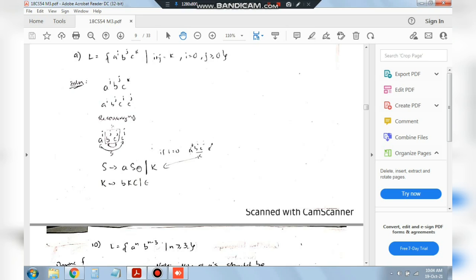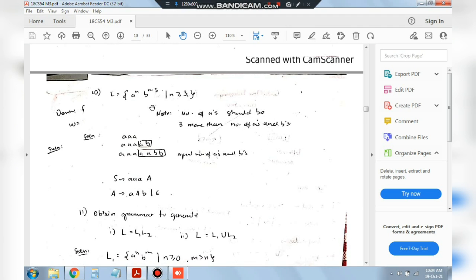In that way I can have n number of bc's in the middle of a and c, and I can have n number of a and c's also. For example, if aSc is there, instead of this S I can write aSc, so I'll have aaScc. I can have any number of a and c's in the outer part. In the middle part, when I want, I can substitute S as K and continue from here. When I want to stop, I will substitute the K value as epsilon and that will end the string. So this is the answer for the 9th question.